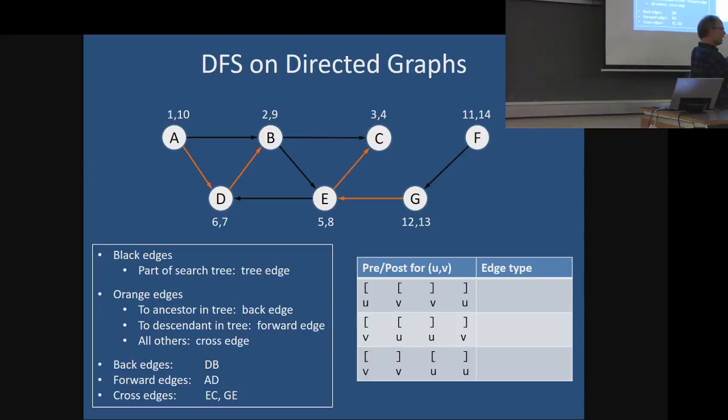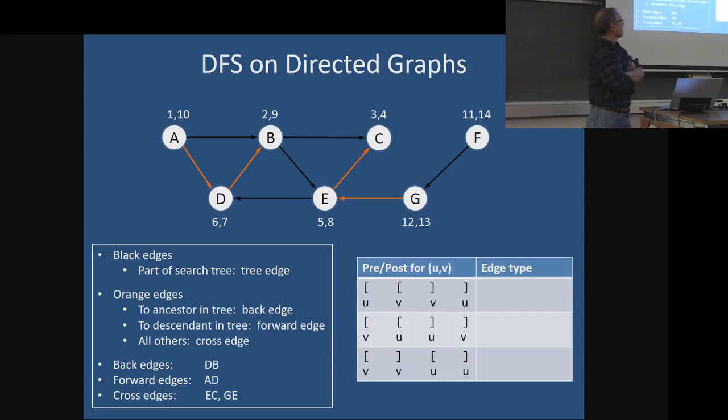So suppose you have an edge from U to V and you want to classify it. You can classify it by looking for a pattern like this, one of these patterns. And let me tell you what the pattern means. Think of these brackets as the pre-number for U, the post number for U, the pre-number for V, the post number for V. And the numbers are increasing in this order. So this says that the pre and post number for V are contained inside the pre and post number for U. So maybe U is 2 and 10, and V is 5 and 6, so they're nested. So if you see that pattern,